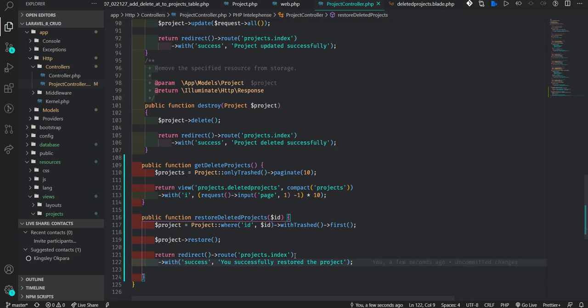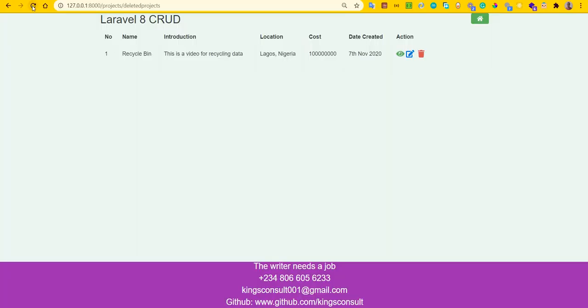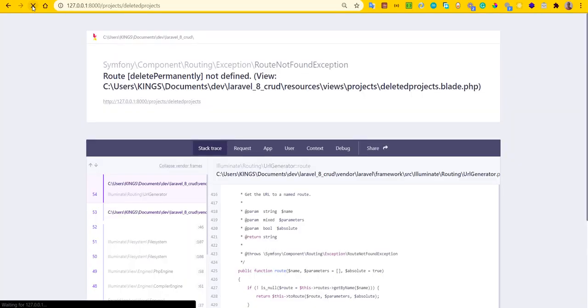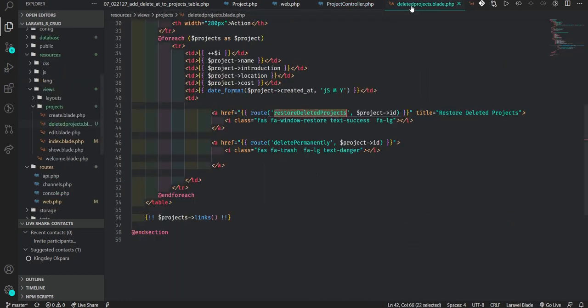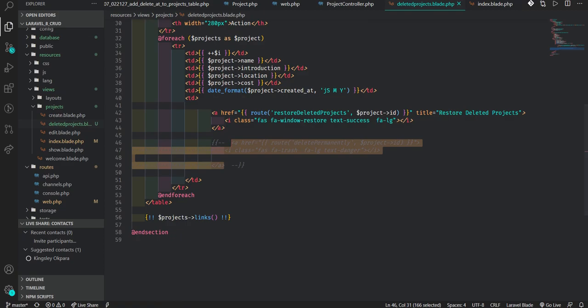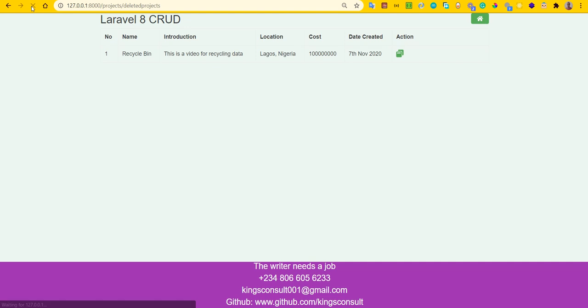So having this, let's move on and check if it all works very well. So we are going to refresh this deleted page. Something is wrong here. Delete permanently is not defined. That is true. Okay, for now we have not added it, so we are going to comment this out. Later we are going to go back to it. Now let's refresh and see if everything works fine.